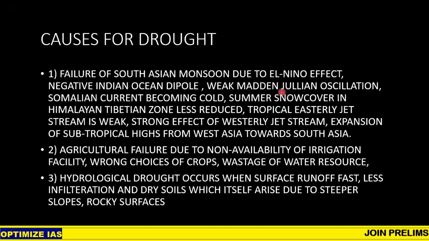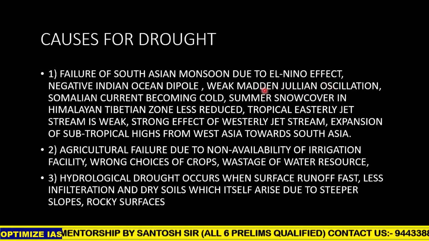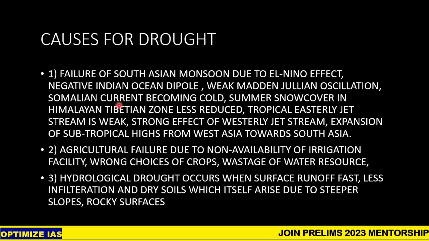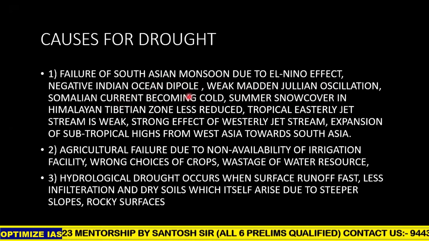Now, the number and frequency of rainy days, or even the breaks in the rainy season, is explained by the MJO effect, the Madden-Julian Oscillation. When this MJO effect is weak, the frequency and intensity of cloud formation over the Indian Ocean will be less and the gaps will be more. So this may weaken the southwest monsoon too. Even the colder Somali current also reduces the cloud formation and the southwest monsoonal rain.